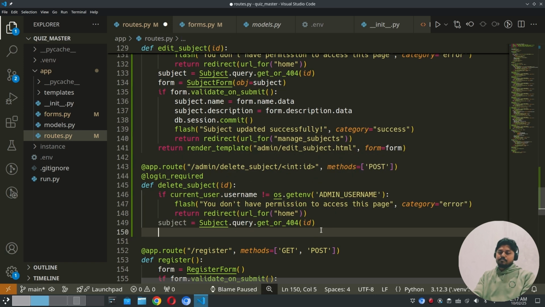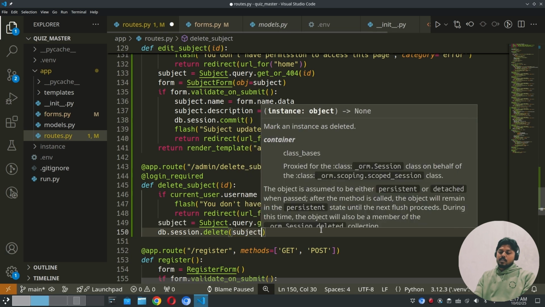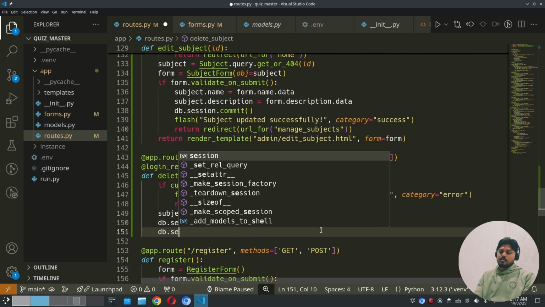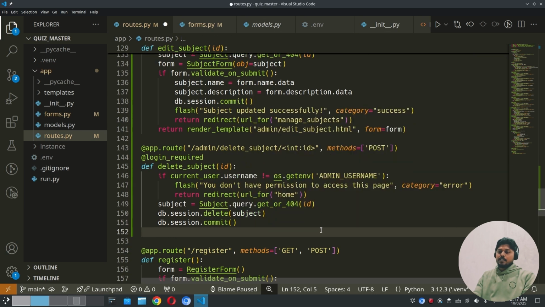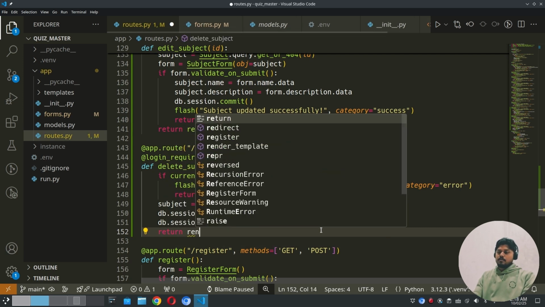And if we have the subject, what we will do is db.session.delete the subject, and then db.session.commit. Okay, then render to